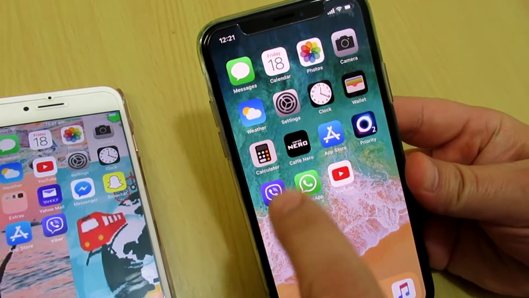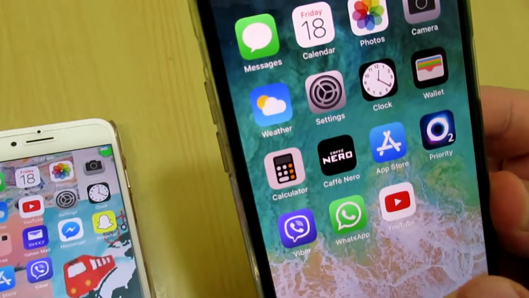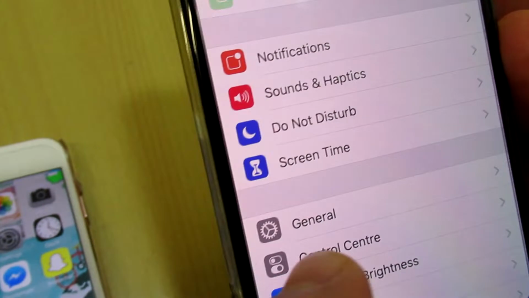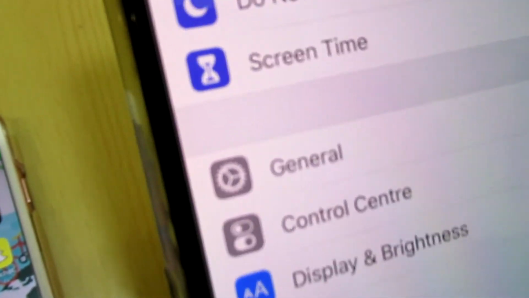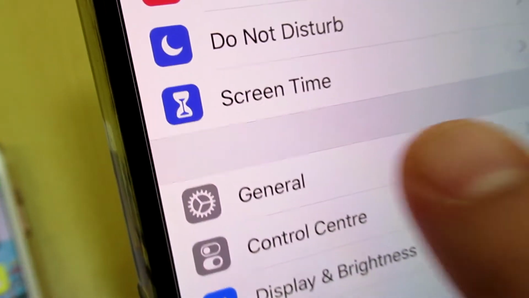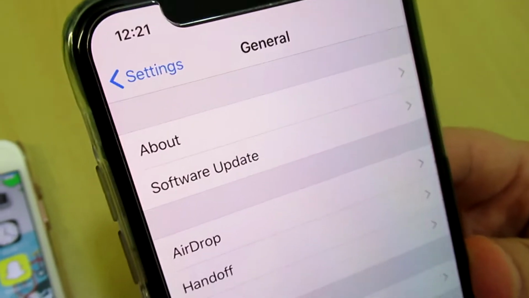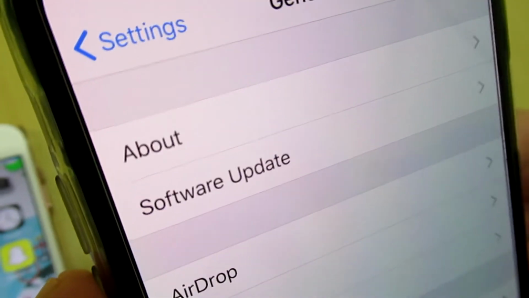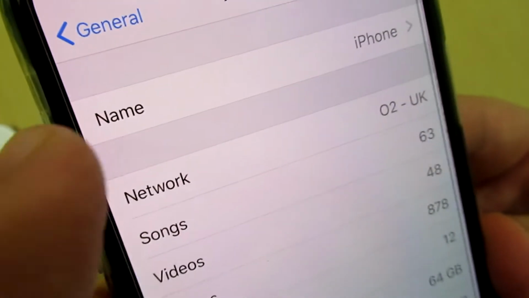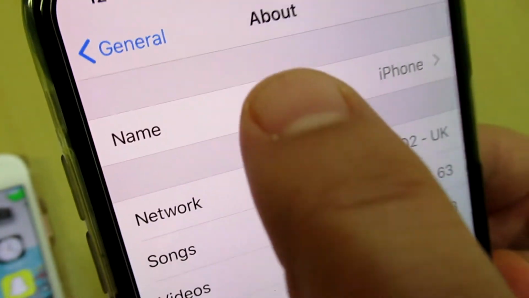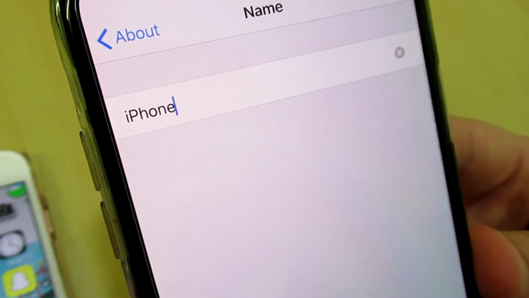So first of all we will click on settings here, and then we go to general. Click on general, and at the top you can click on about section. So this is the default. Click on name. Here it's written iPhone, so you can click here